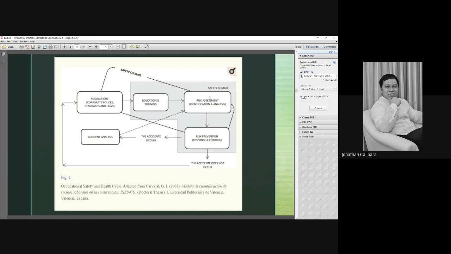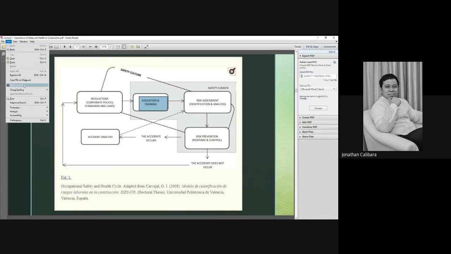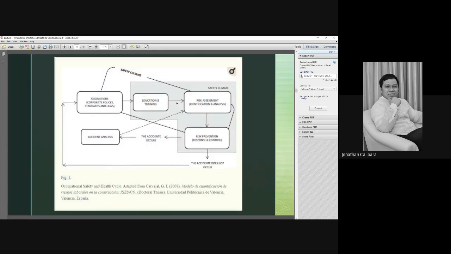Then after ma-educate ang mga officers, mag-educate pati sila sa mga workers. So the workers involved are the foreman and the top management, because the top management also are workers, right? So even if you are a manager, you are not exempted from safety in construction. Okay,